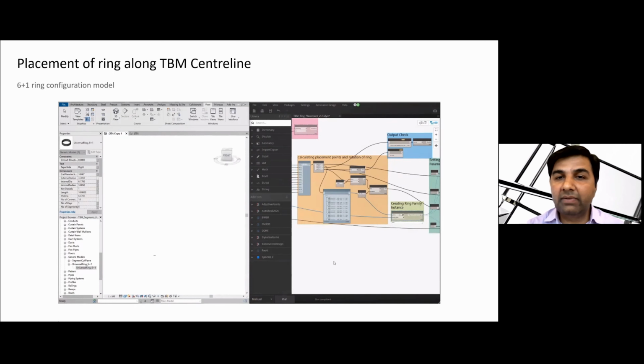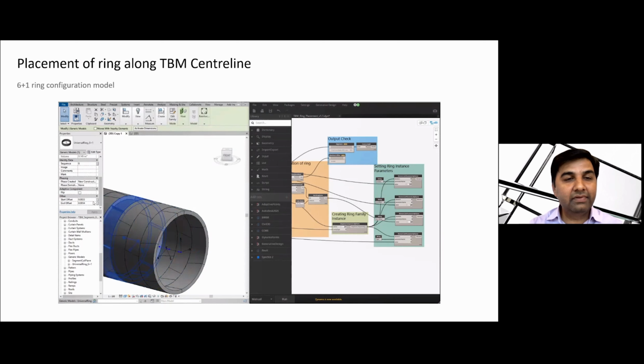If it is within the limits, we unfreeze the node for creating the ring family and run it. And then we have this complete tunnel, with all the parameters set. So we have the rings with all the tapers and positions, and the start and end offsets.